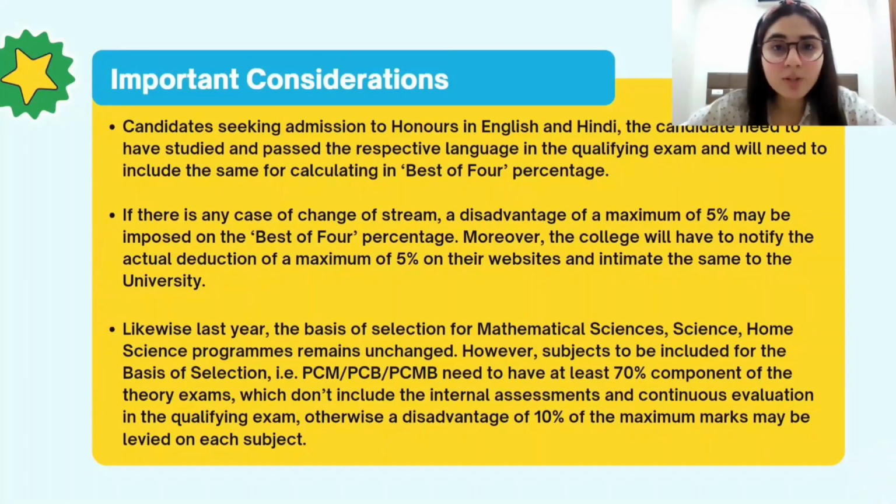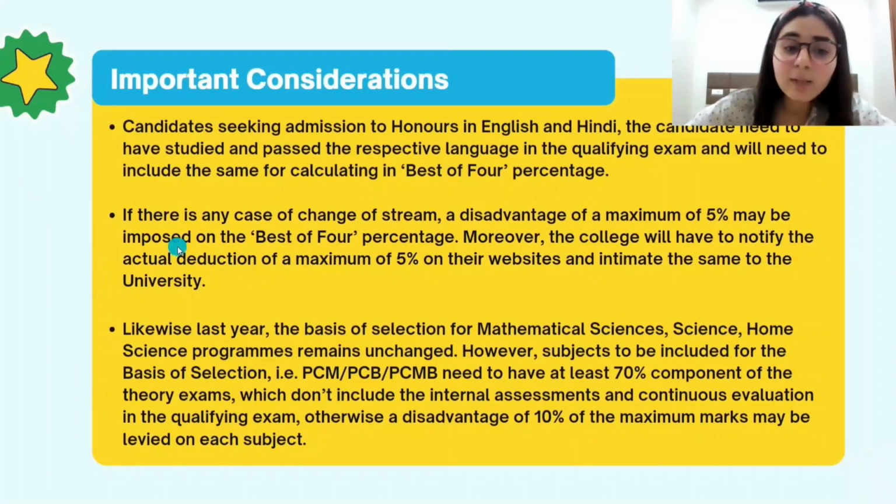For instance, if you are a student from science background and if you want to opt for a course which is commerce oriented or which is arts oriented, you will have to face a reduction for change of stream. There are many colleges that have this reduction, but last year almost 15 colleges ended this policy of deducting marks on changing the streams. So you will have to check on the official websites which colleges are deducting marks for it and what is the actual percentage of marks deducted.